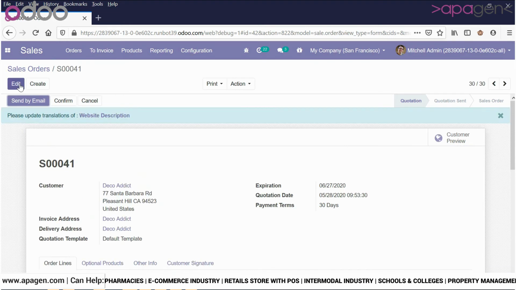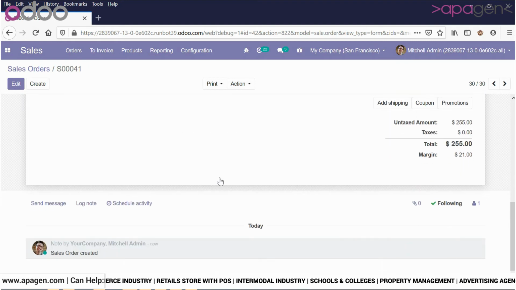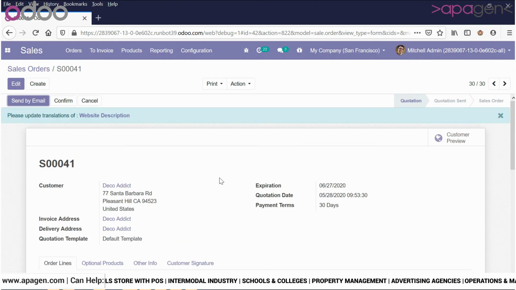The same application is also available on the purchase order, and in this way your variants can be generated within the system.